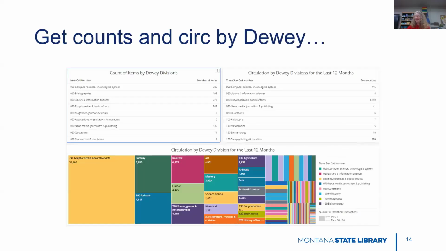This is a different dossier from another large school system. You may recognize this step. It displays item counts by Dewey Division and circulation by Dewey Division. Each of these pieces can be expanded to see all of the divisions, but I'm going to skip ahead to